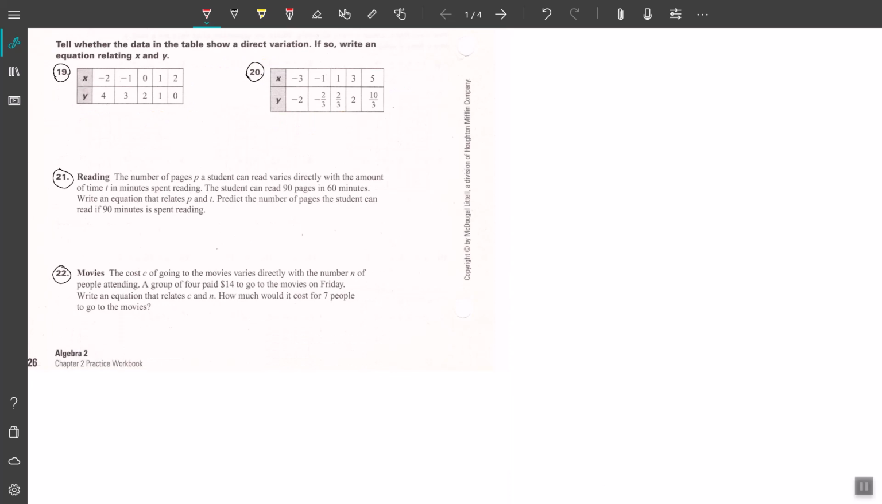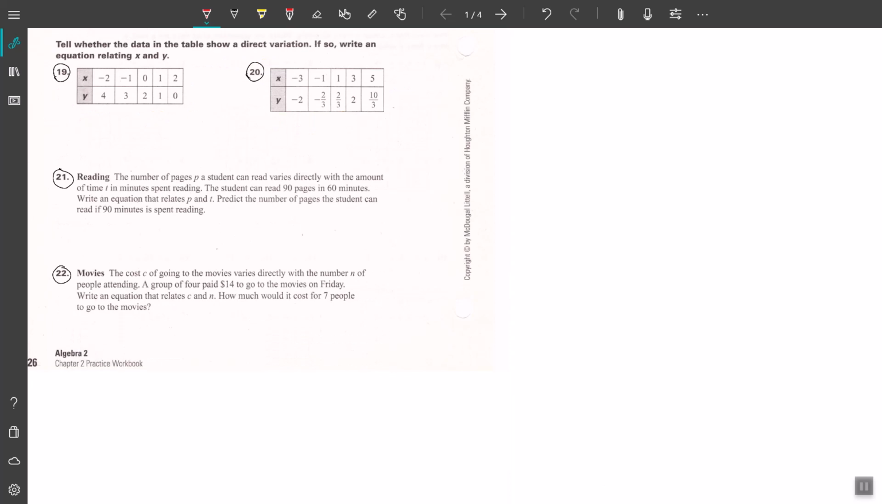Now in 19 and 20, they are asking us to look at these data tables and determine whether they show direct variation. And if they do, we need to write an equation relating x and y, which means we're going to write a direct variation equation. So if you look at that table in 19, the easiest way to determine these direct variation equations is to actually calculate the slope